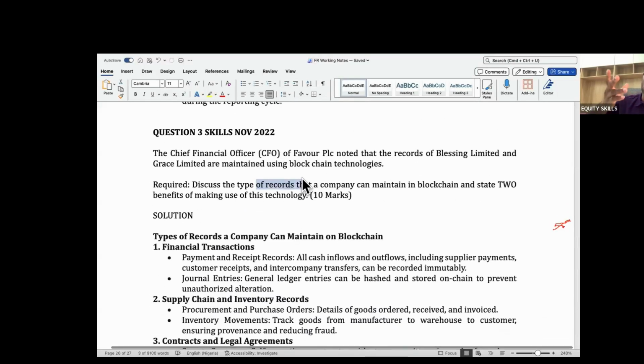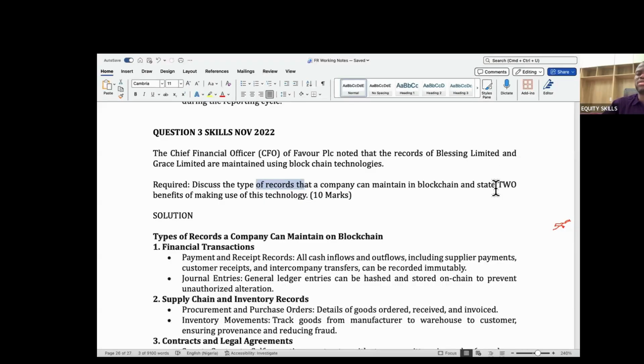You can use sales records to capture your list of invoices, customer records to help you capture your list of customers. It can help you record your fixed assets. It can keep track of your contracts, your shareholders' register, any record that you have, or any type of ledger. Just keep mentioning records that we normally maintain in accounting: your payroll records, your tax records. You can document all of that.